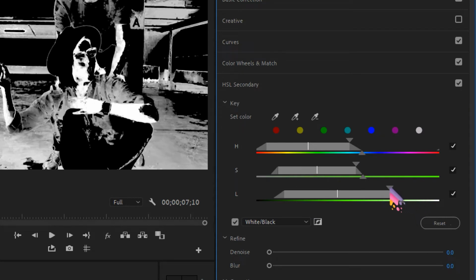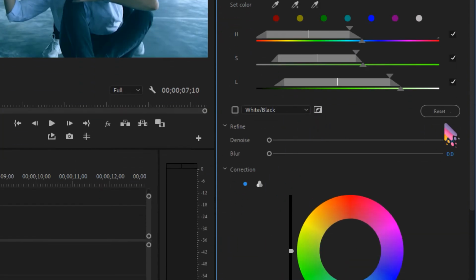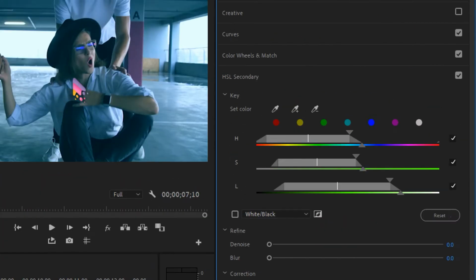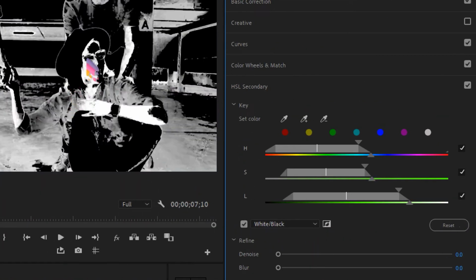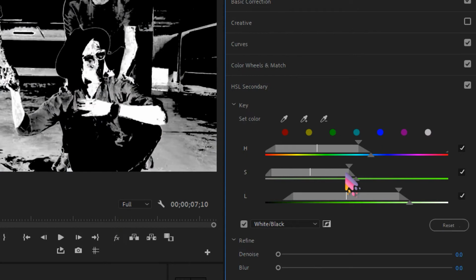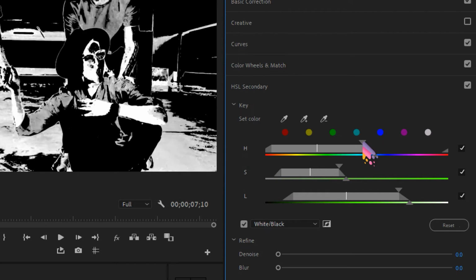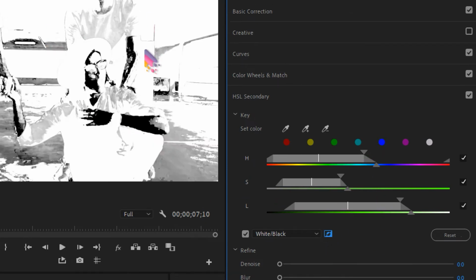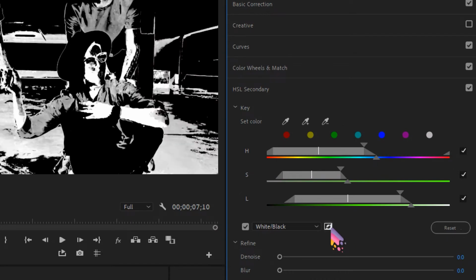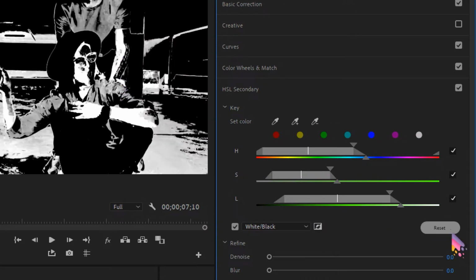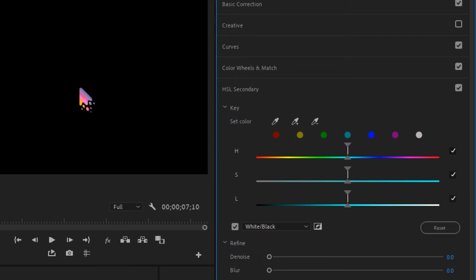We can make the selection of this, and thereafter we can uncheck it, and then we can click on this one. That's going to reverse the selection. So you can see at this moment, let me make it something like this, and if we click on this invert icon, that's going to reverse the color. Whatever color we have selected, it just selects the opposite of that color. If we click again, it goes back, and if we click on Reset, that's going to reset everything for us.